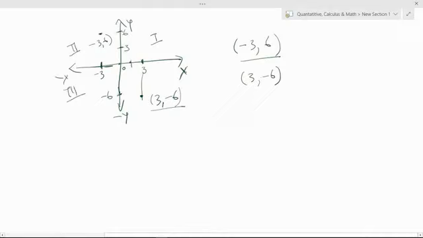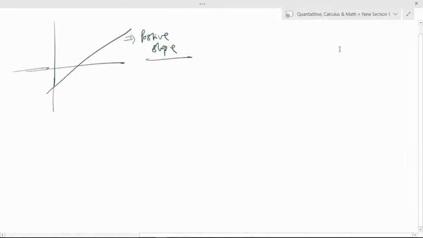So just to give you an idea of how you're going to be plotting the graph along the planes. We've seen the first plane. This is always known as the first plane because it's the most positive side. This is the second plane, this is the third plane, and this is the fourth plane. So when we talk about slope, we are talking about rise and run. What is this?